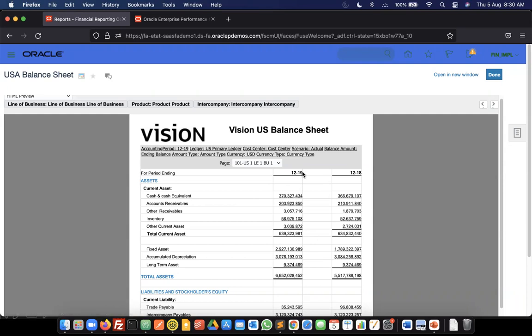Now the question is, where is this 12-19 coming from? When we ran this report, if you remember, we just selected the company segments for which we want to view the balance sheet report, right? And we selected 101 and company. But where did this 12-19 come from? So what happens is, in FRS reports,